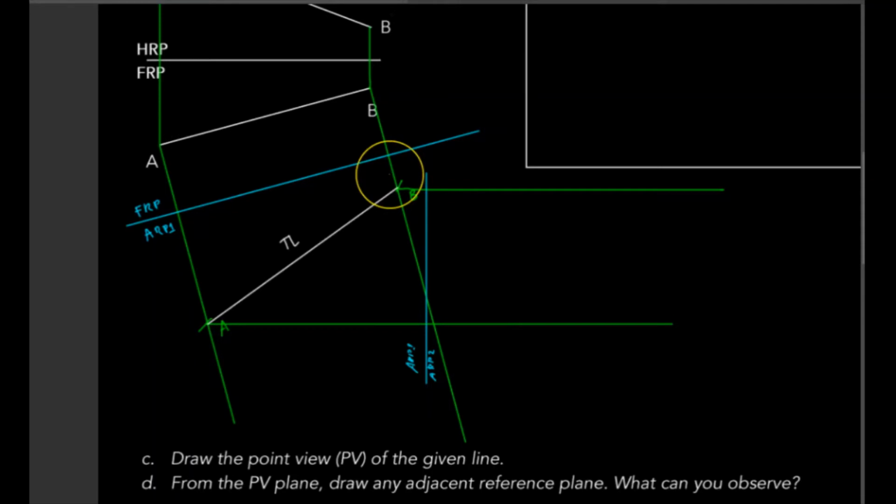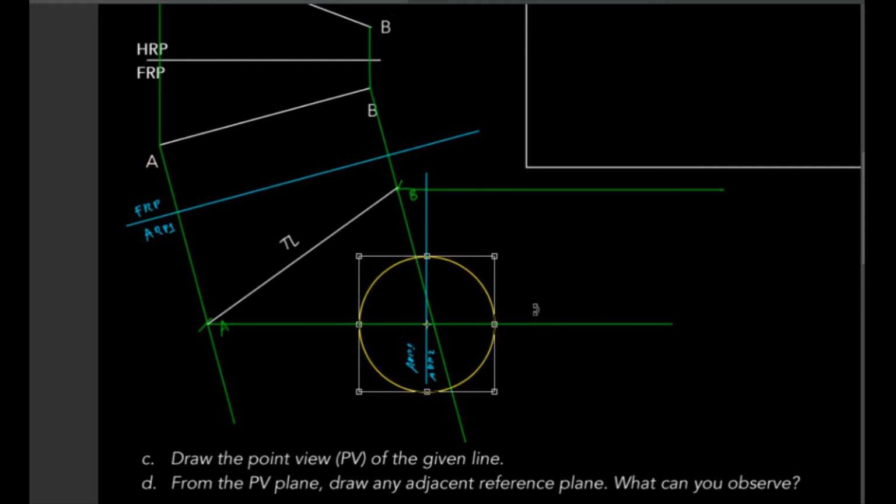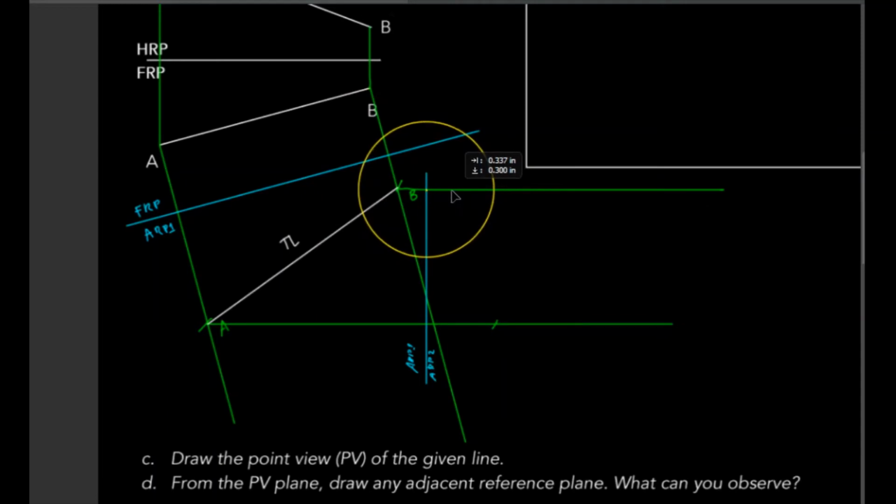Okay. So let's take my compass again. Place it at A. Copy distance A. And let's copy distance B, and you'll see that it's actually the same distance now, because when we generated the true length, we did a parallel line. So the observation here is that if we have a true length,